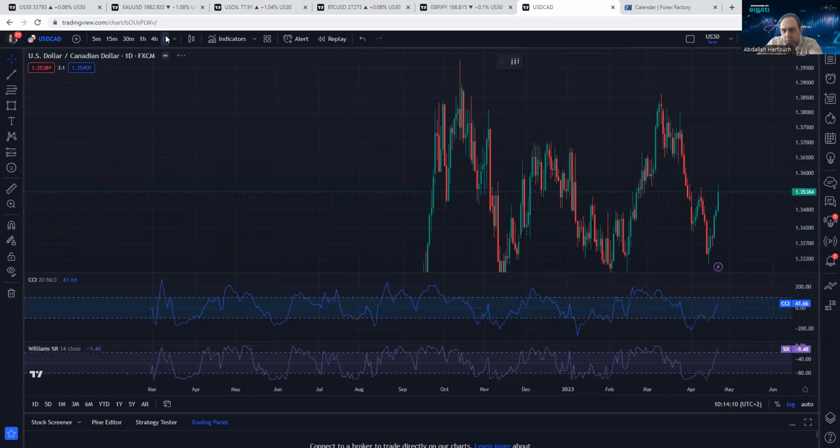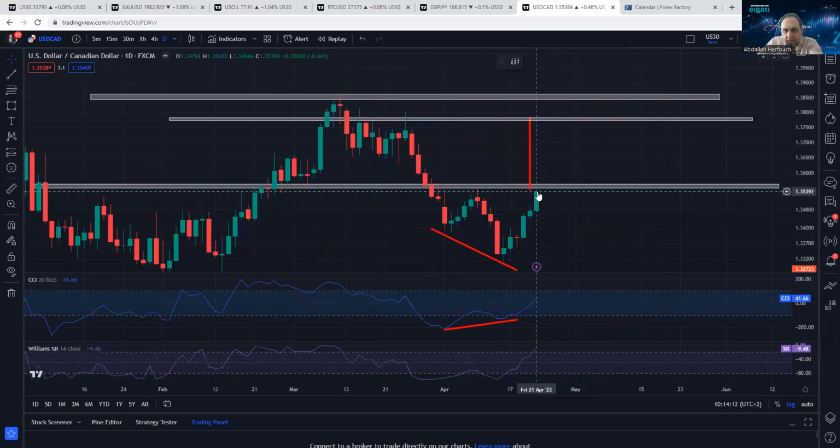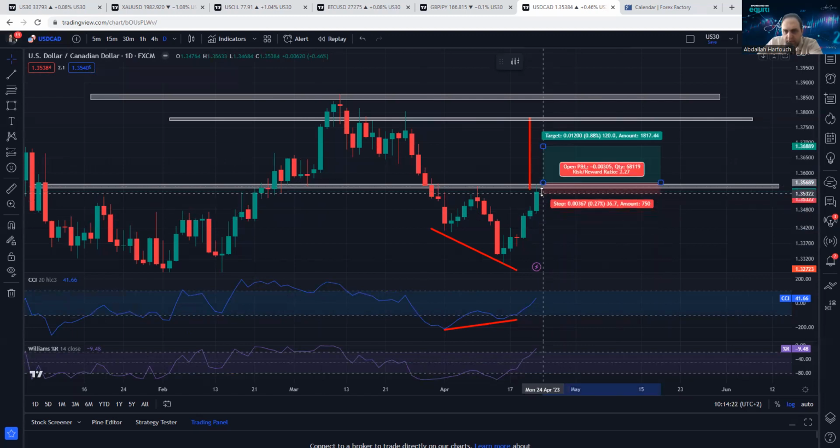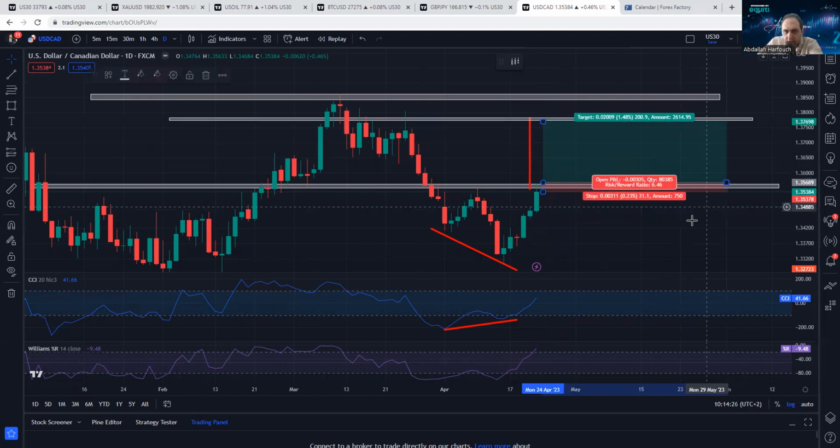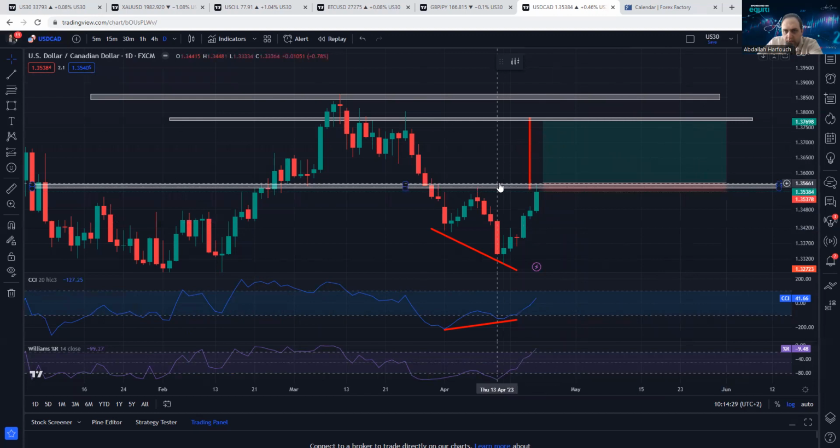On the daily also, all green candles. Let's say if it opens, makes a wick down and starts to push up, then you can have the buy option from this level. This means that the US dollar is getting stronger and the Canadian dollar getting weaker. 135.69, stop loss